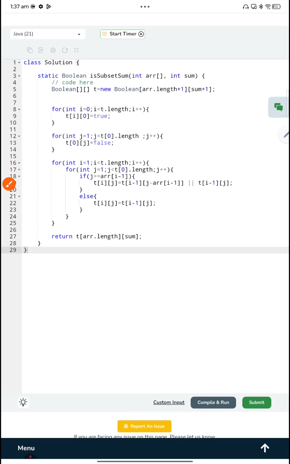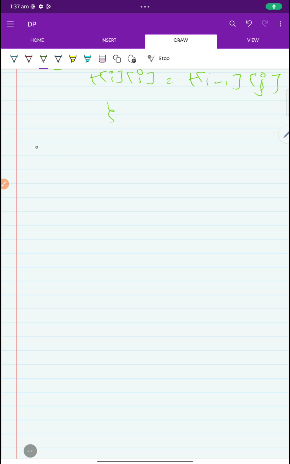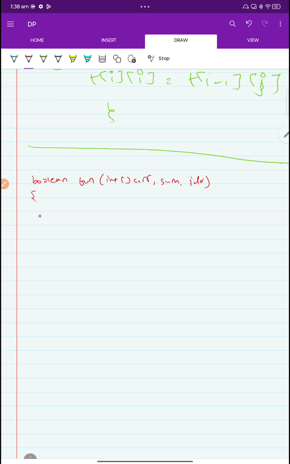There is one other way to do these things. If I talk about how this question will be solved using recursion, then the return type is boolean, and we have the function with int array, and the sum and the index. What is the index? Index is the last value. If index is equal to array dot length, or sum is less than 0,